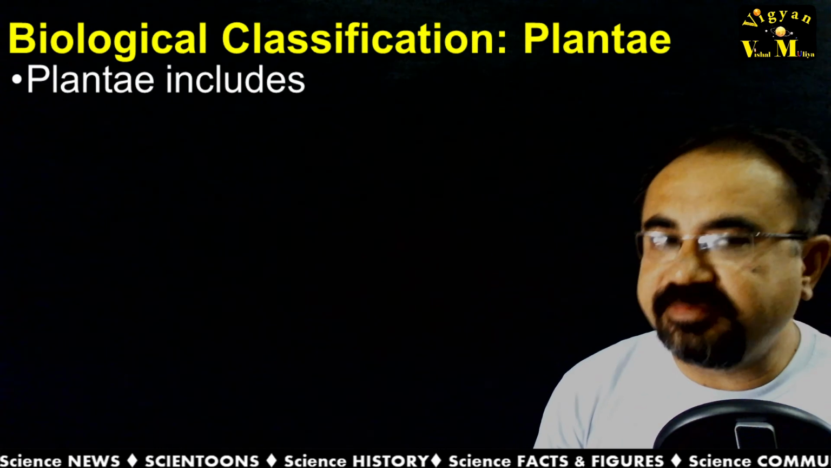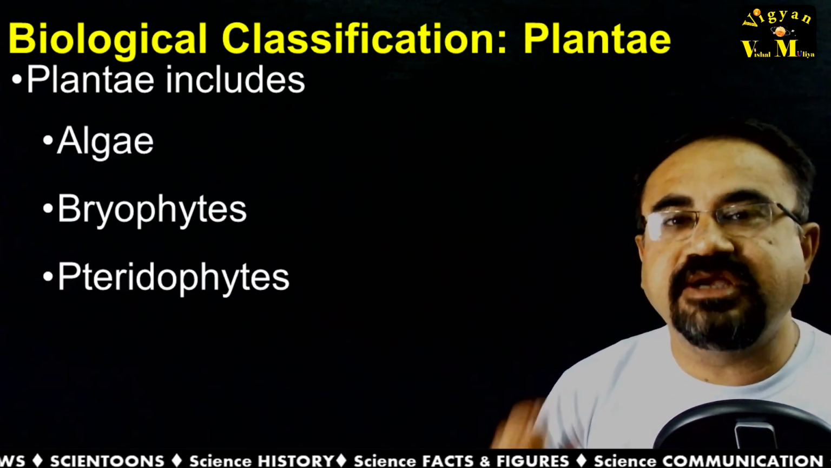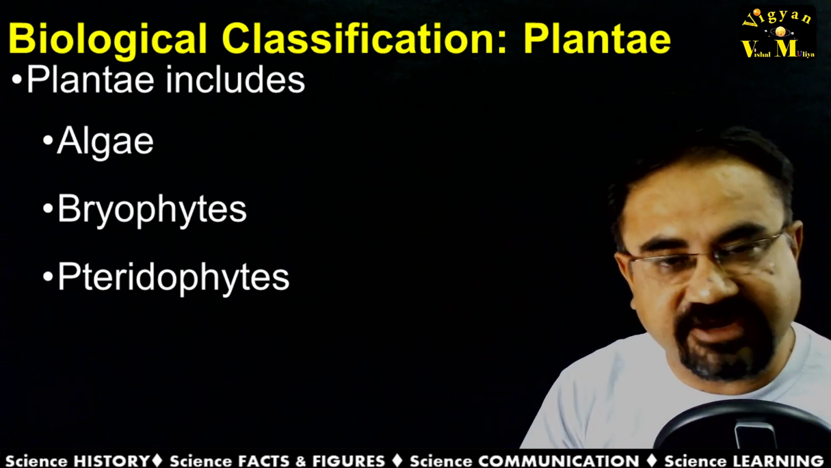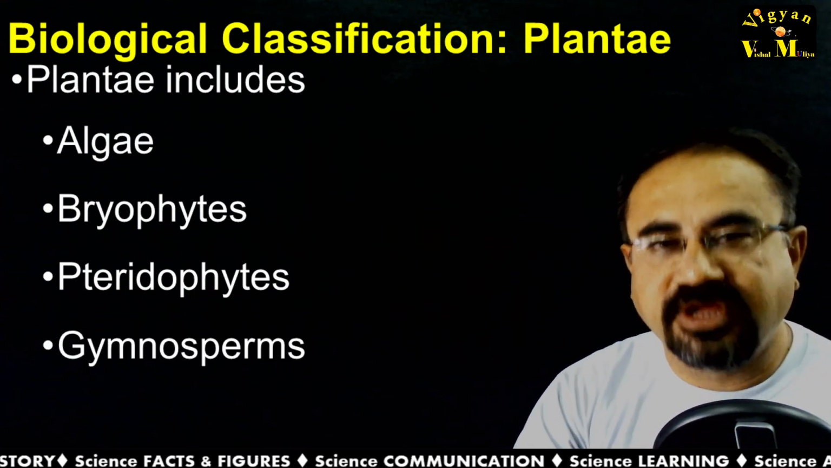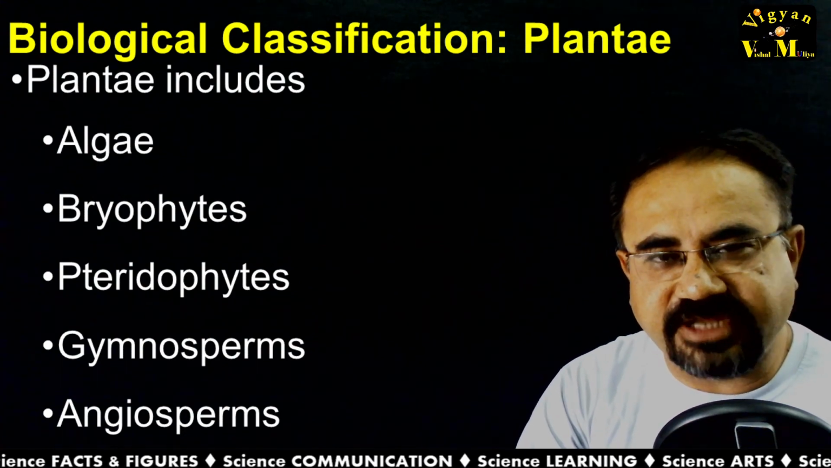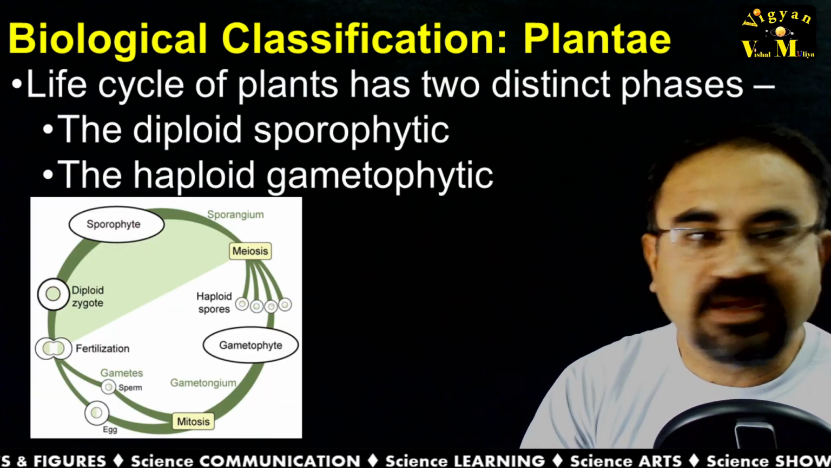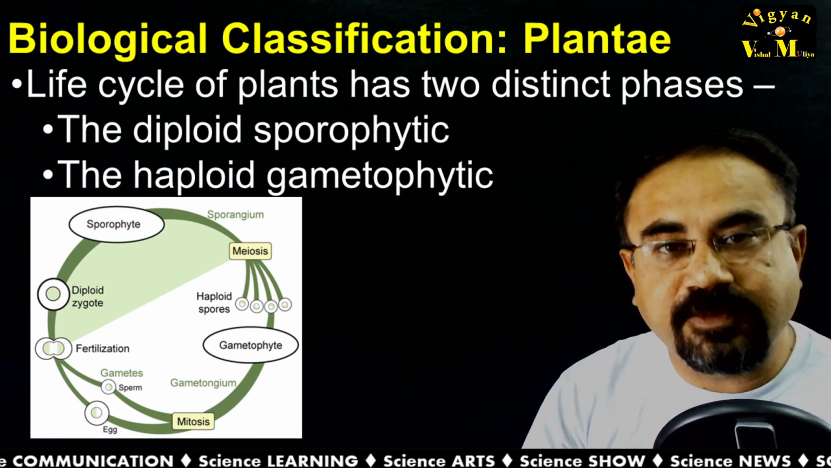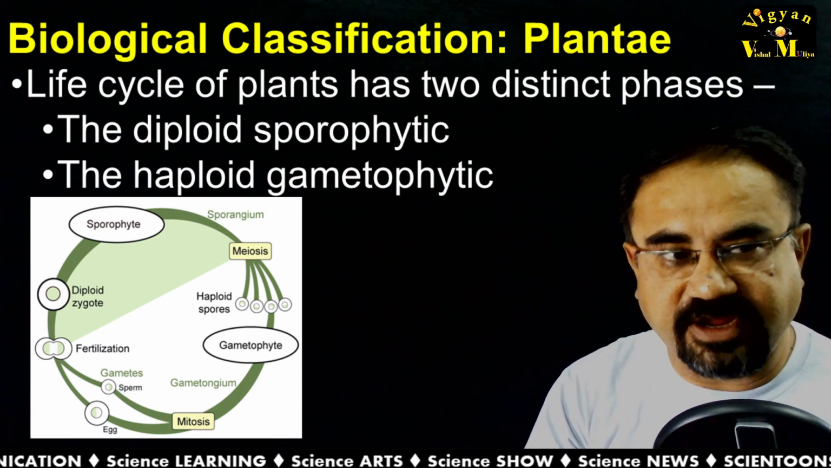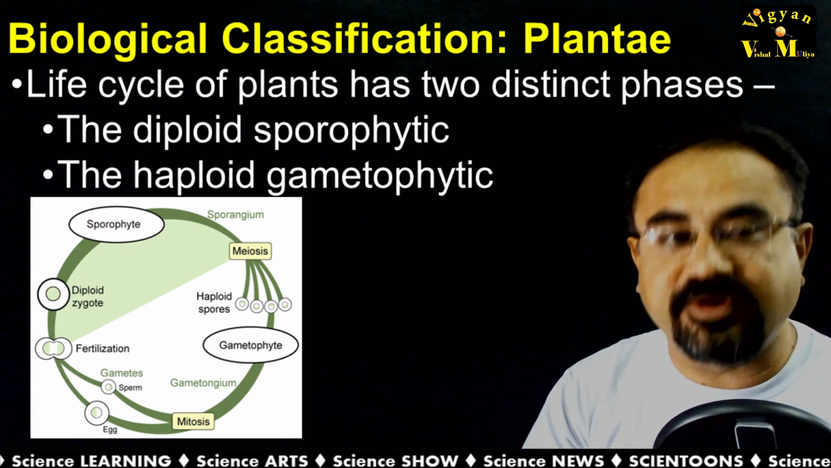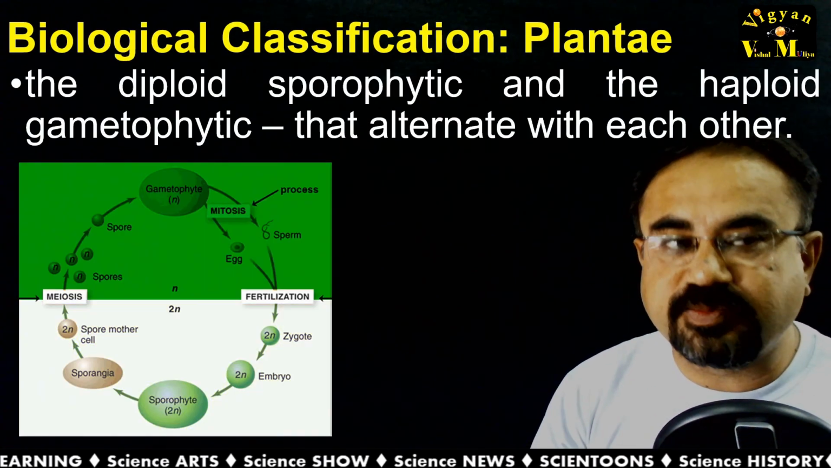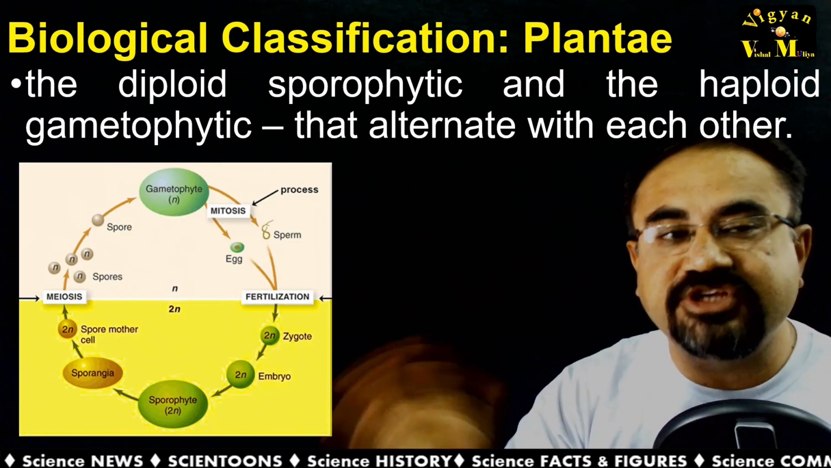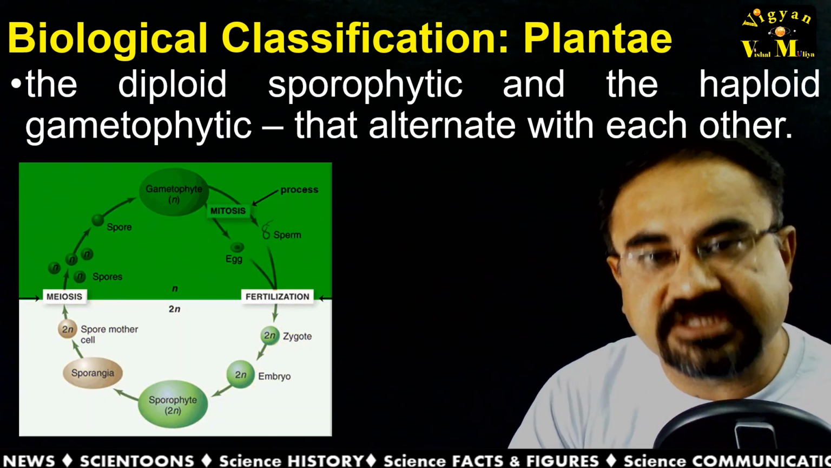The plant kingdom includes algae, bryophytes, pteridophytes, though P is there, it is pronounced as pteridophyte, gymnosperms, and the well-dominating plant group, that is angiosperms. The life cycle of a plant has two distinct phases, that is the diploid sporophytic phase and the haploid gametophytic phase. This diploid sporophytic phase and haploid gametophytic phase alternate with each other,